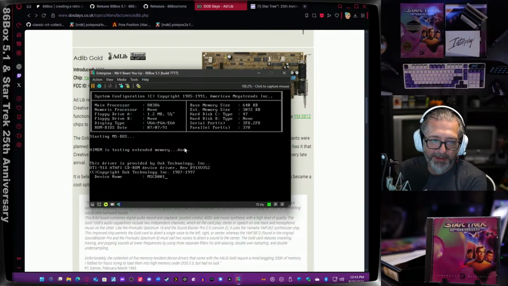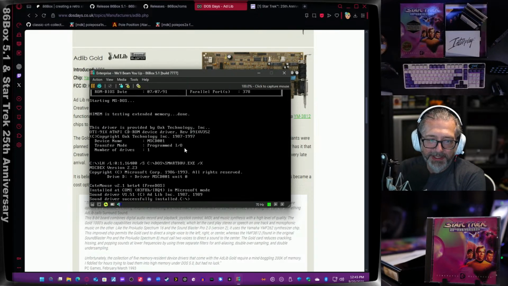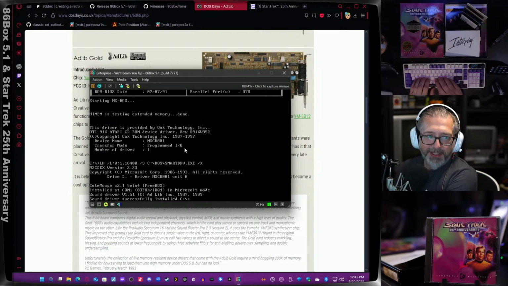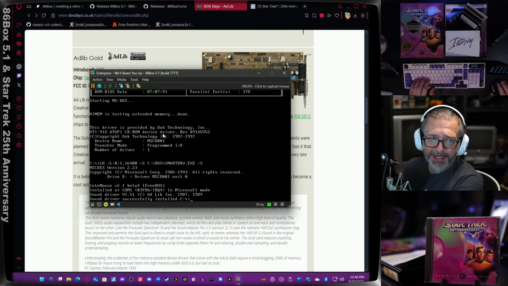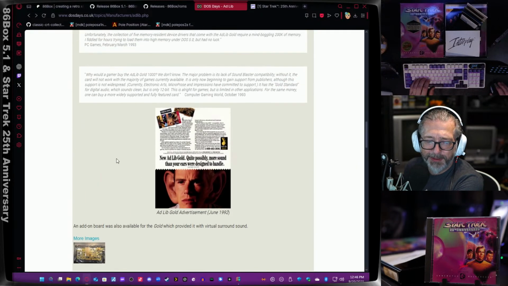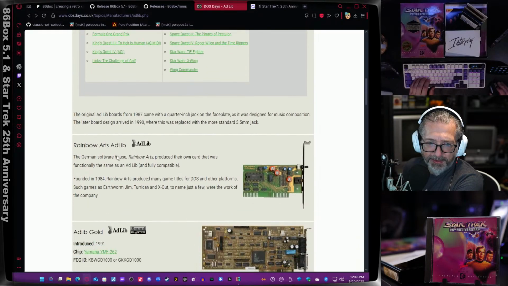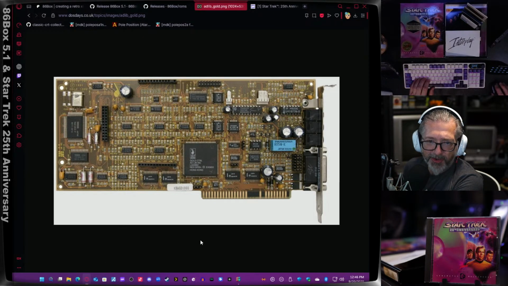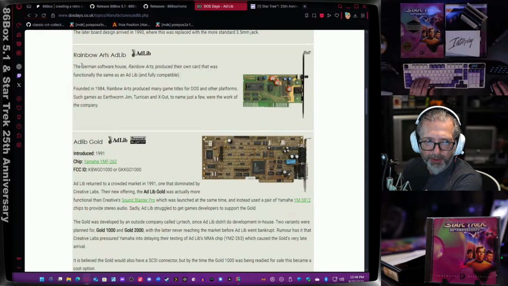Barely even remember. I went with the latter drivers of this thing, so the sound is there. This is the sound driver version 1.51 for AdLib, which I think is the last one. And by the way, did I mention that I went to DOSDays.co.uk? That's the place you need to go to. It'll break down a whole bunch of hardware. There's a picture of the card, or a card similar to the one you'd be using, right? So a nice combination of using WinWorld